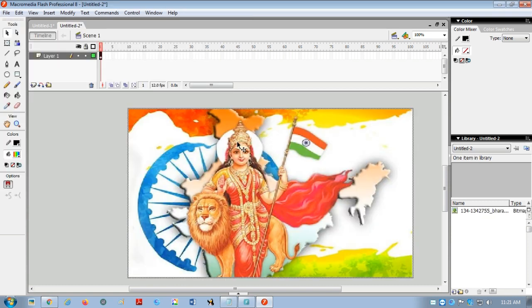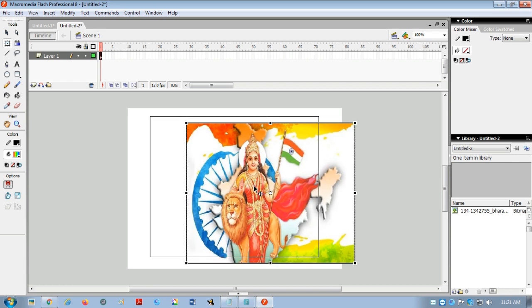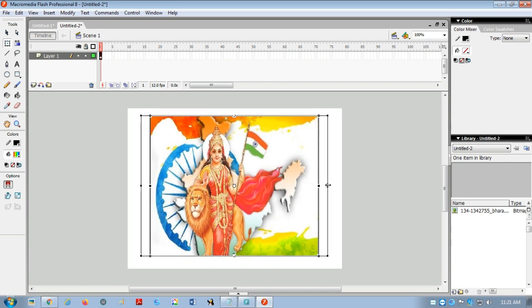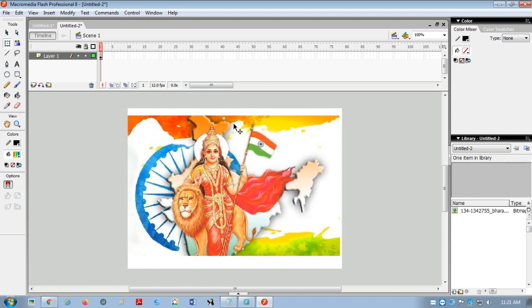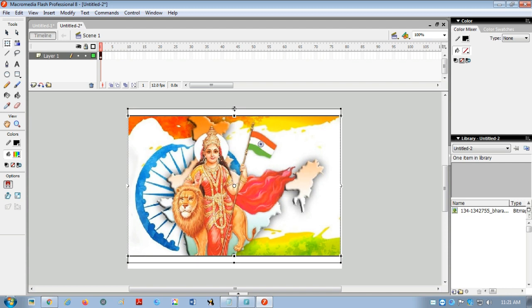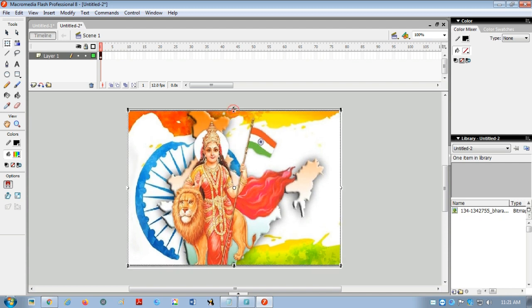Now if you want to make it small or big, there is a free transform tool. You can increase or decrease the size to fit the stage, horizontally and vertically, so it completely occupies the space of the stage.